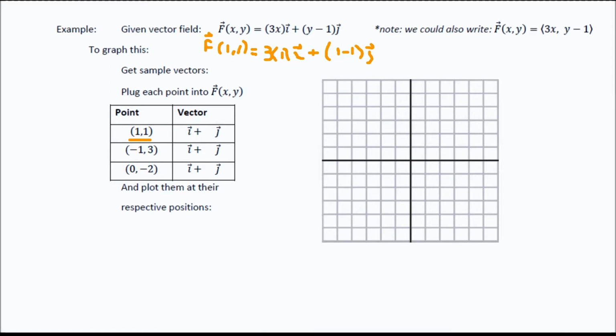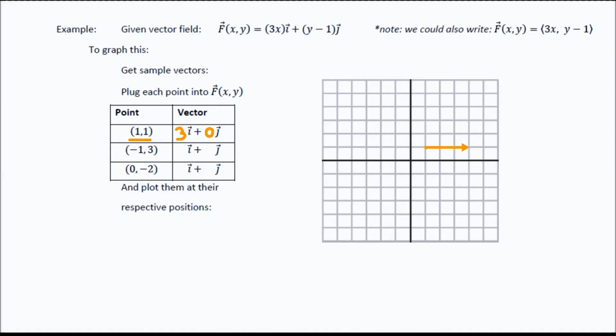3 times 1 is obviously 3. So this vector is going to be 3 in the i hat direction, and then 1 minus 1 is 0, so it'll be 0 in my j hat direction. So what we're going to do now is, on our coordinate plane, find the ordered pair 1, 1. There it is. And from that ordered pair 1, 1, now we're going to plot the vector 3i plus 0j, which really is just 3i. So we go out in the i direction 3 units, and there we go. Now let's try to plot